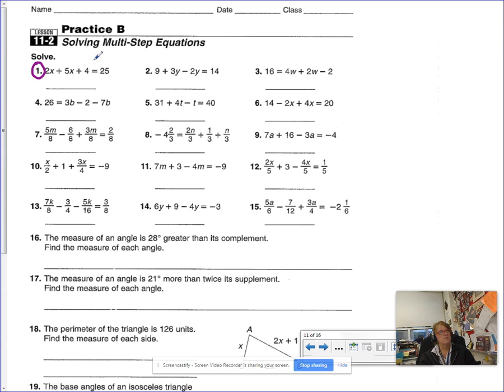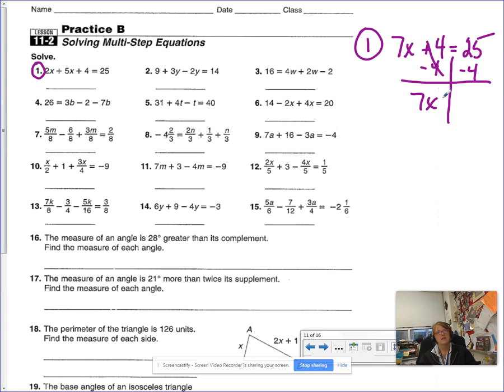2x plus 5x plus 4. I can combine terms right away because 2x and 5x gives me 7x, plus the constant 4 equals 25. Put your bar right under that equal sign. Start undoing to get that variable isolated. I'm going to get rid of 4 first. That goes to 0. Yippee skippy. 7x equals 21. Whoa! I am going to get, after I divide by 7,